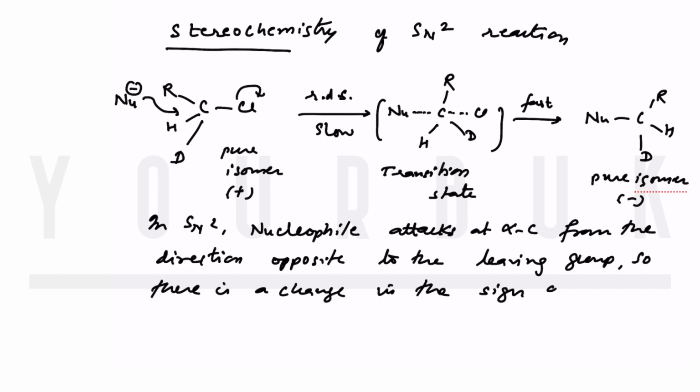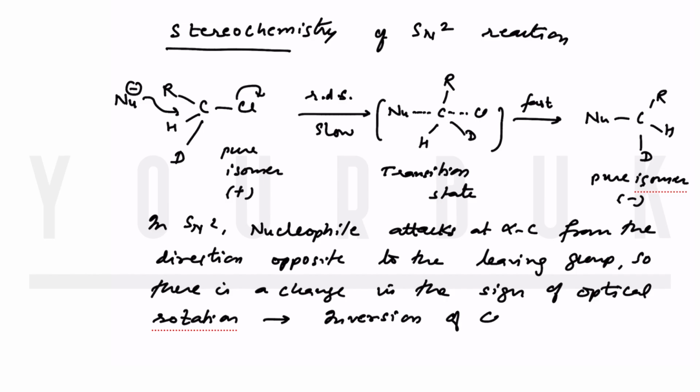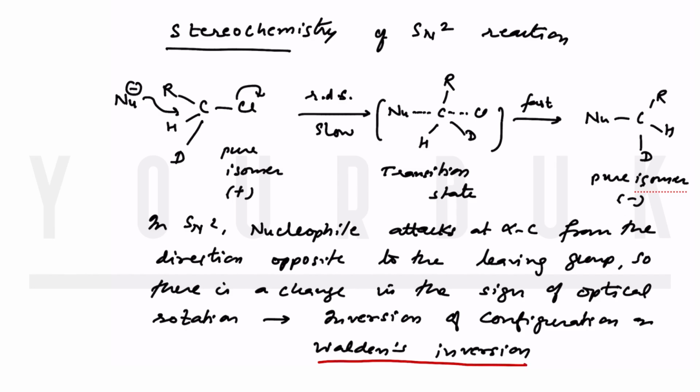And this is called inversion of configuration, or Walden's inversion. So if there is a change in the configuration, it means the mechanism is SN2, proceeding via a transition state,